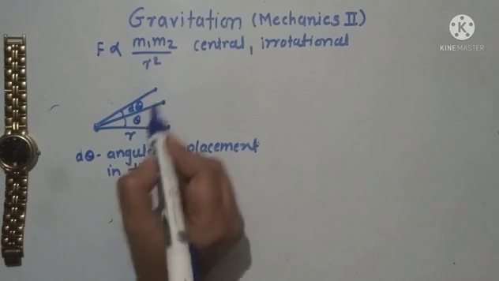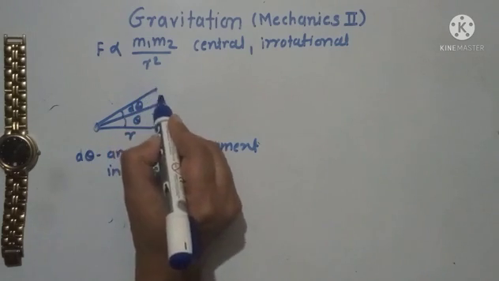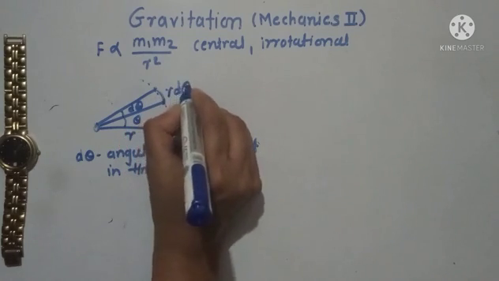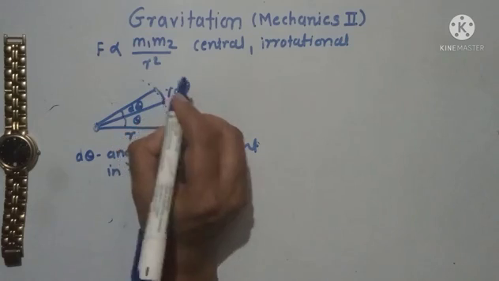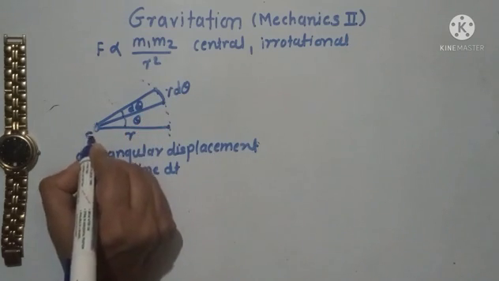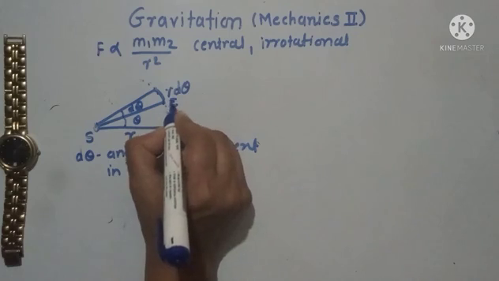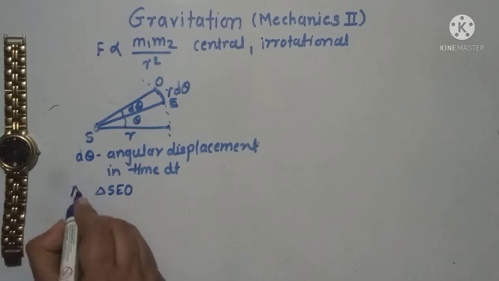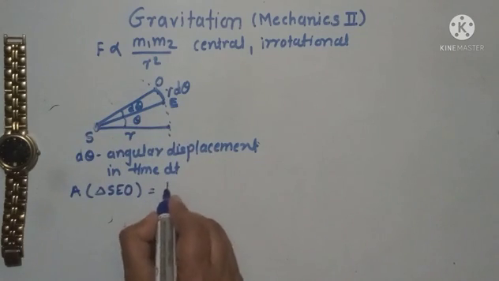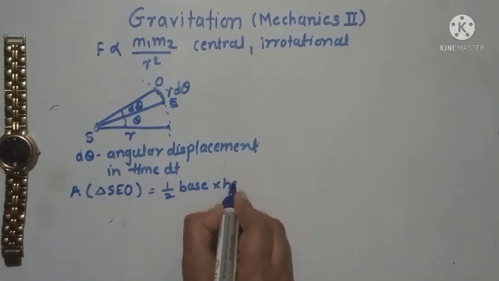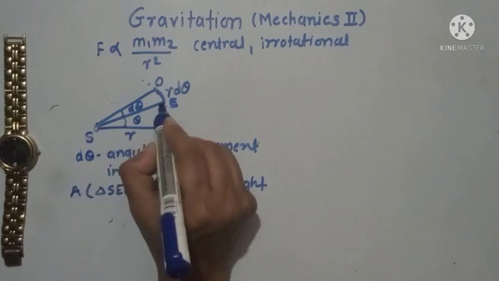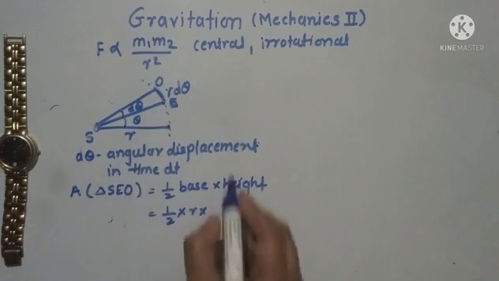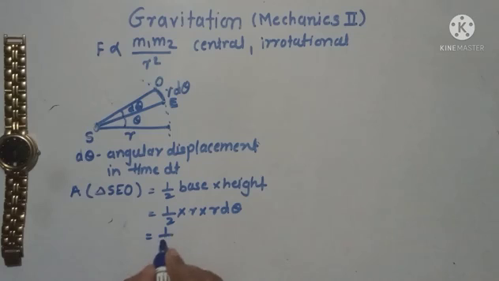in time dt. Now we know that the earth is revolving in an elliptical orbit around the sun. So this distance is given by r into d theta. Let S be the sun, this is the earth, and let this be O. In triangle SEO, the area of the triangle can be given by 1/2 base into height. This is the base and this is the height of the triangle. So r is the base, and the height is r d theta, which gives 1/2 r